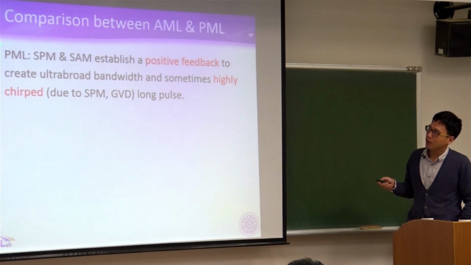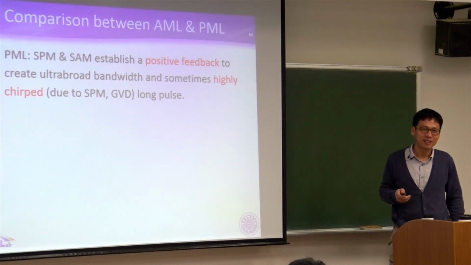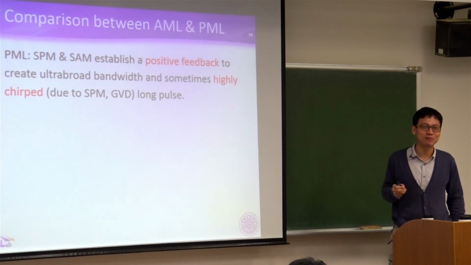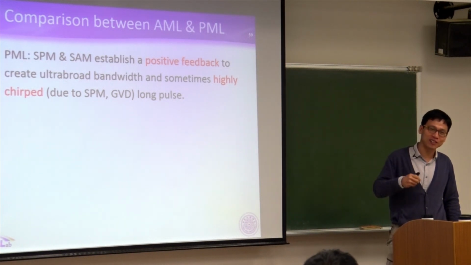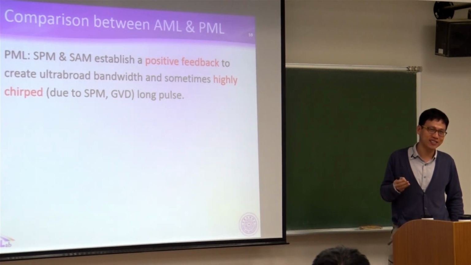Okay, 在被动锁模里面呢，自相位调变跟自振幅调变会建立一个正回收。What is positive feedback？